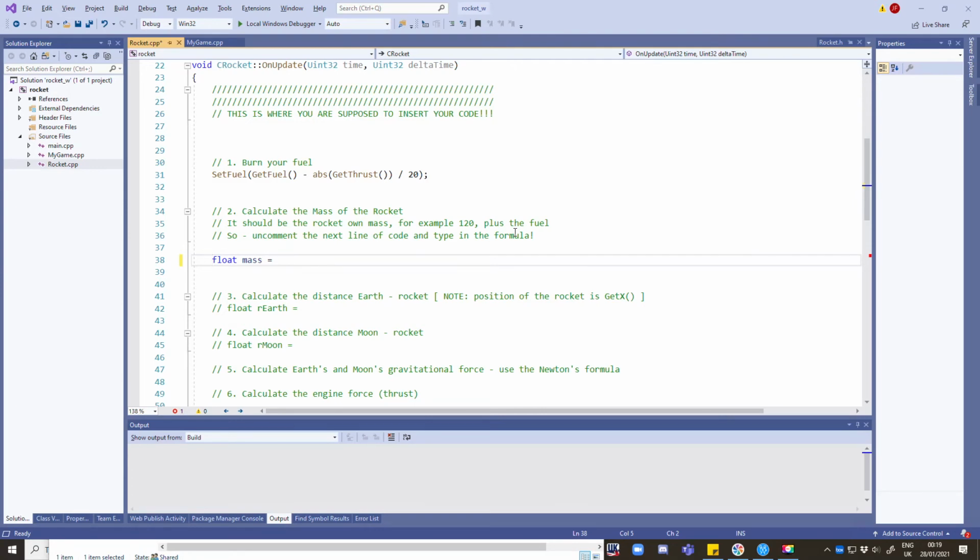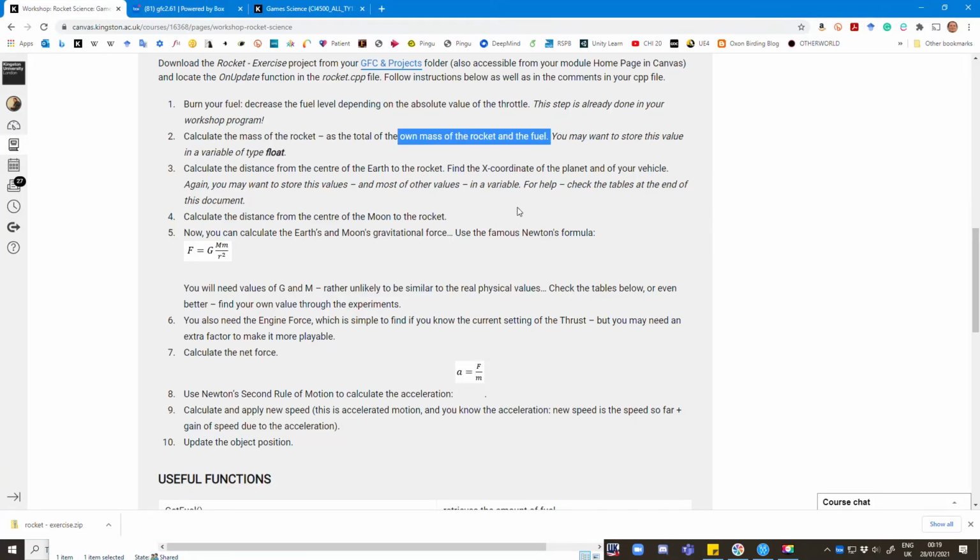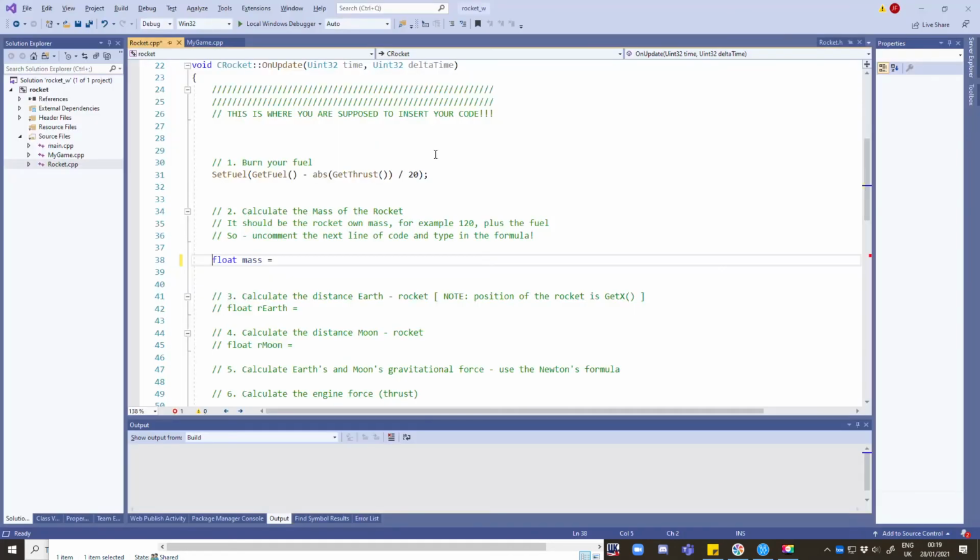So it follows the suggestion here: you may want to store this value in a variable of type float. This instruction is also started for you already, and I will finish it now. So if the mass should be the rocket own mass and the fuel,